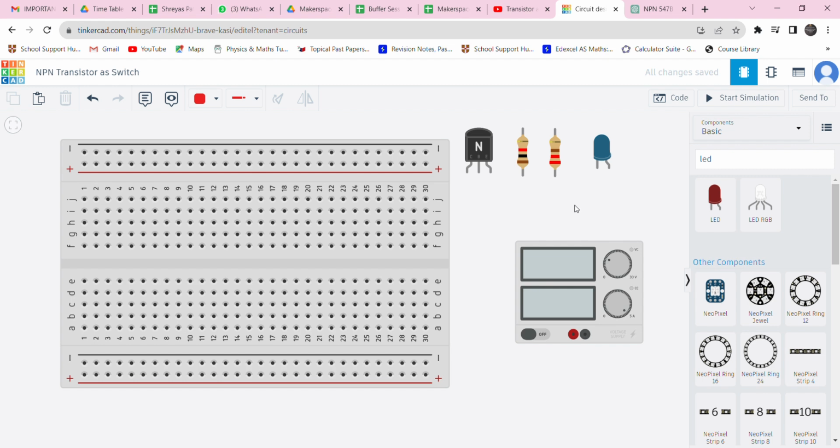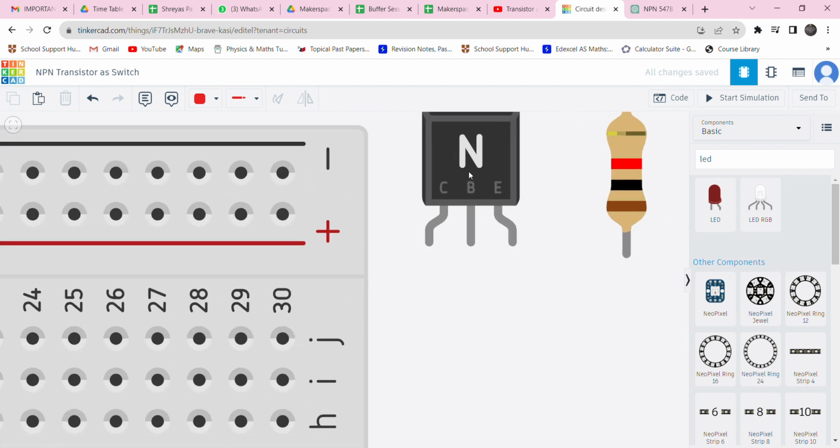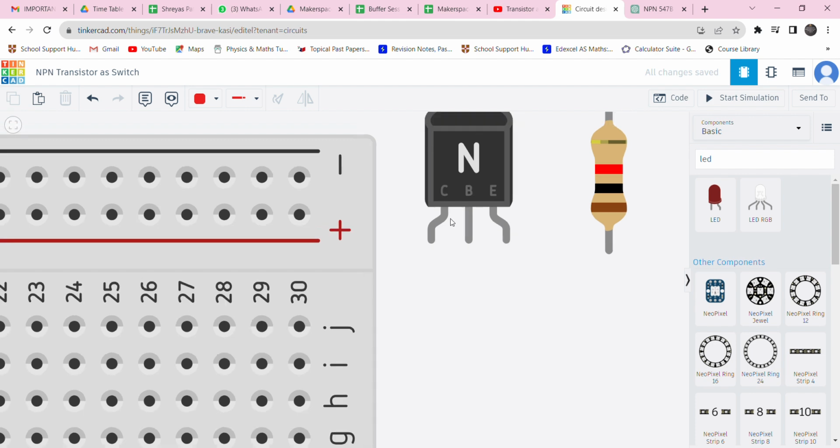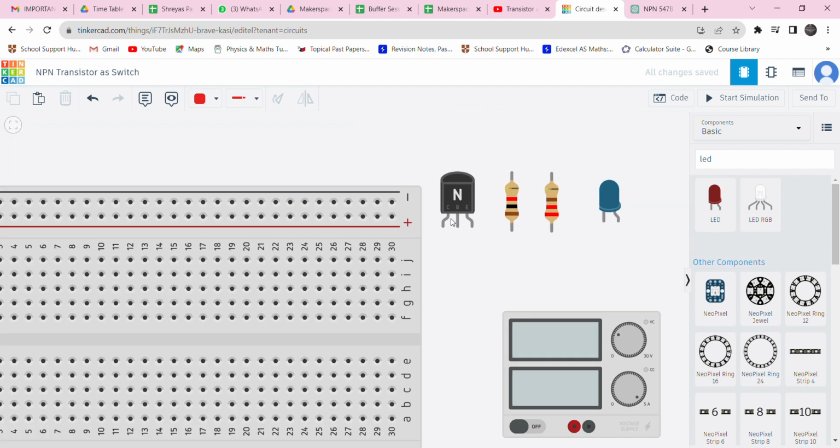Before making the connections, let us see what a transistor is. You can see it has a collector, base and emitter, and this is an NPN. So this is negative, and this is positive. It's a type of NPN transistor. So let us make the connections and let us see concept wise,